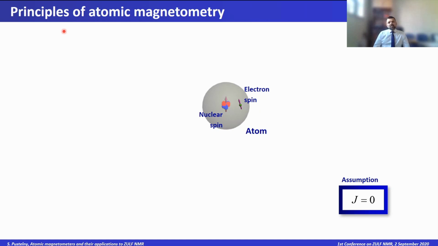Well, when you think about it, an atom has electrons and the atom has a nucleus. So in many cases that will be considered today, at least during this talk, we are considering the situation when the electron is in an electronic shell that has total angular momentum equal to 0. So the total spin of the electron is actually spin 1/2 in this situation. Then the spin 1/2 is coupled with the nucleus, forming a total spin, or total atomic spin, in the system. So this atom has a spin that is seen from outside of the environment.